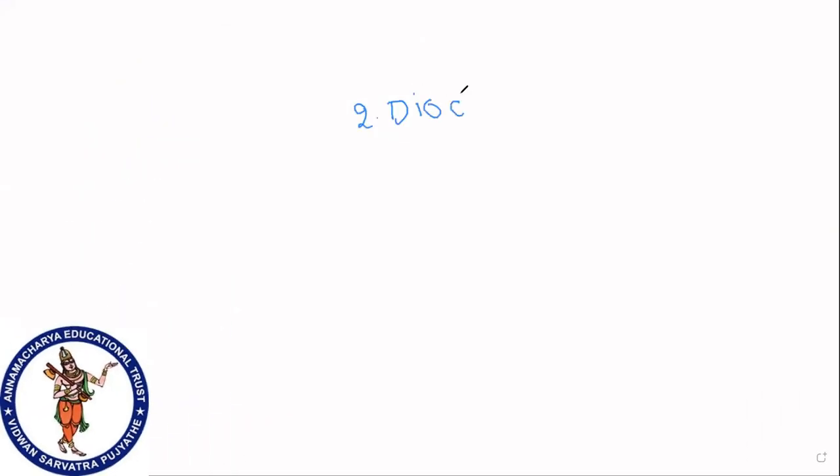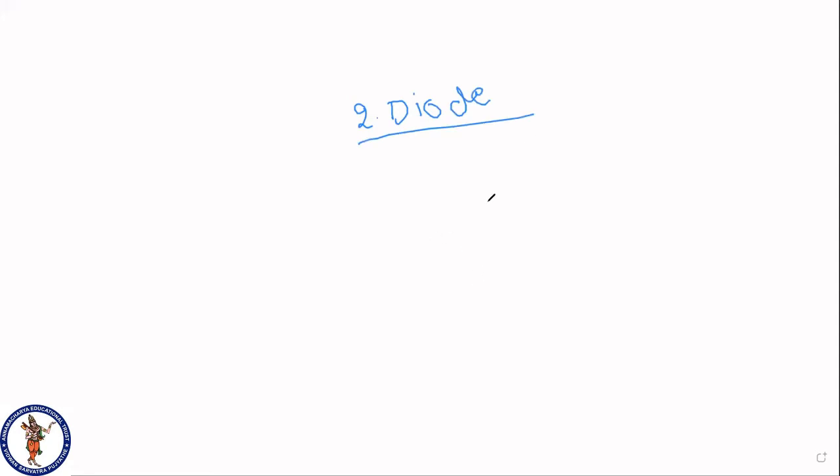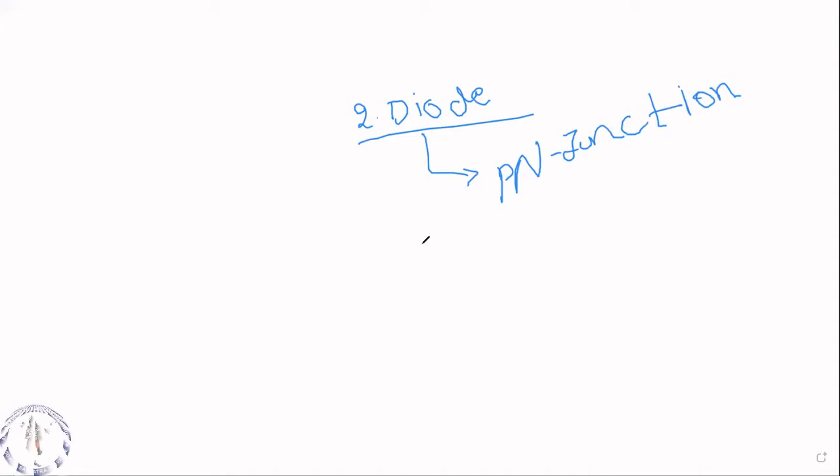Now we are moving into the second topic, which is nothing but a diode. Under this, a very important topic is the p-n junction diode. This is a very important concept, guys, and as per the GATE exam, you will get many questions on this topic only. There are many other diodes called Zener diode,